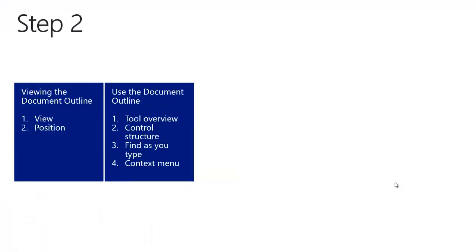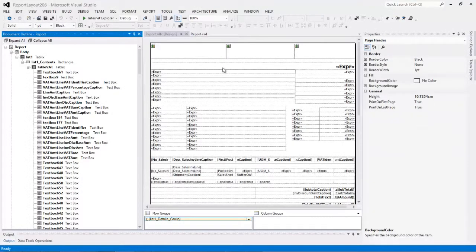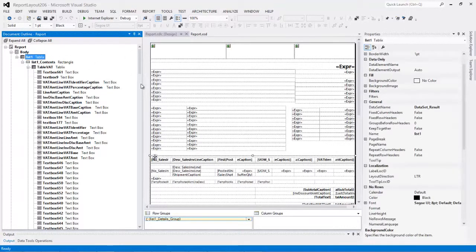In step 2, we will have a look at the content of the document outline and what it can be used for. The document outline lists all of the controls in the open report in a hierarchical way. Let's select a random control. Notice how the report layout editor and the properties view synchronizes with the selected control in the document outline.